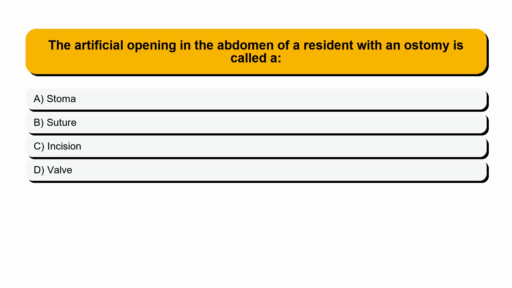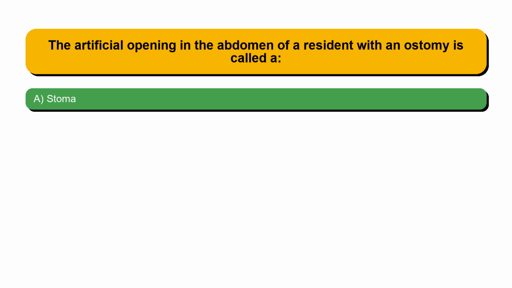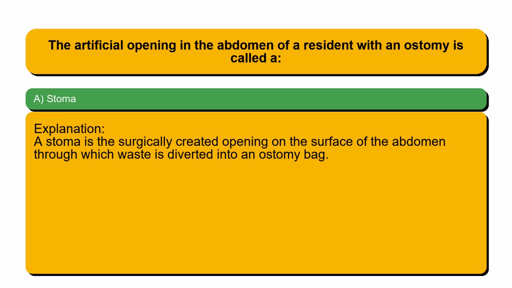Question 1. The artificial opening in the abdomen of a resident with an ostomy is called a. Option A is stoma. Option B, suture. Option C, incision. Option D, a valve. The correct answer is option A, stoma. A stoma is the surgically created opening on the surface of the abdomen through which waste is diverted into an